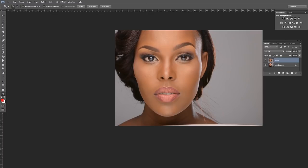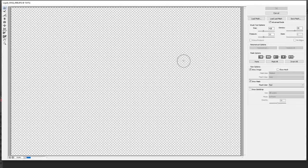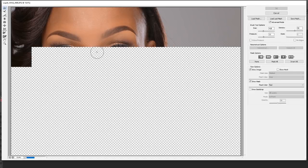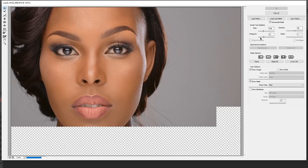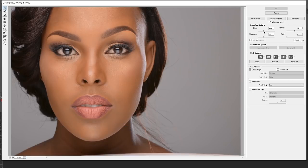So how do we do that? You come here into filter and say liquify. This is a bit advanced. This is really optional if you're doing portraits of, say, old people, but this is a model. It's a cosmetic and a makeup kind of picture. That is why I'm taking on this particular step. So we come and just push using this tool here. You come and just push